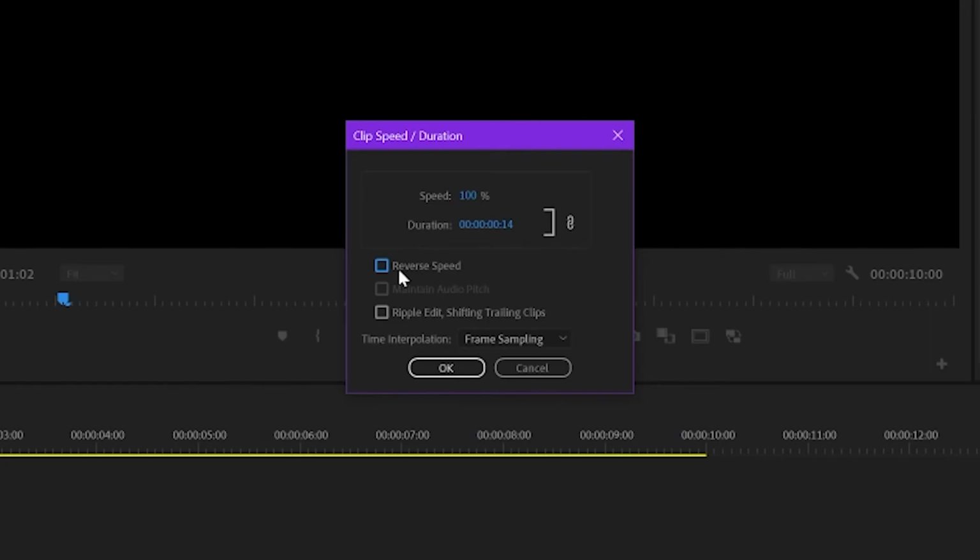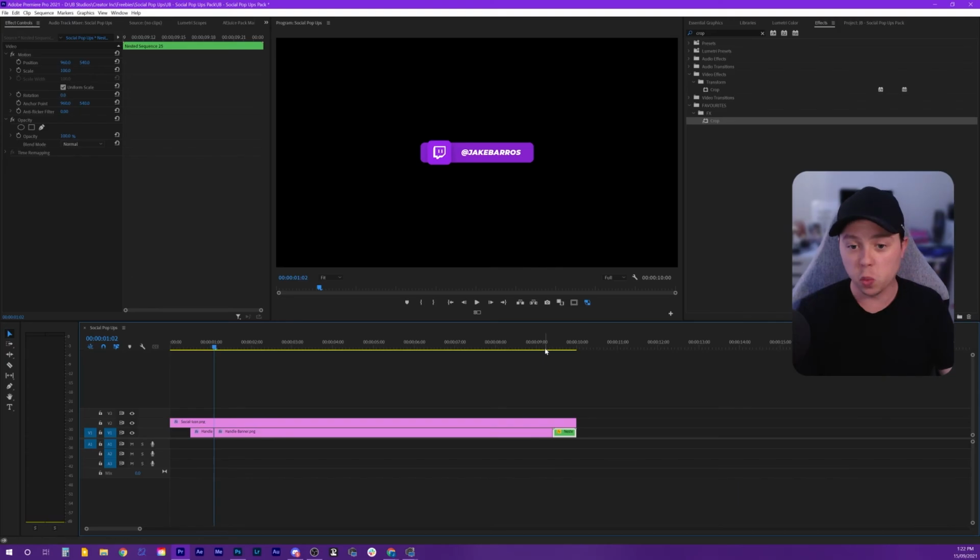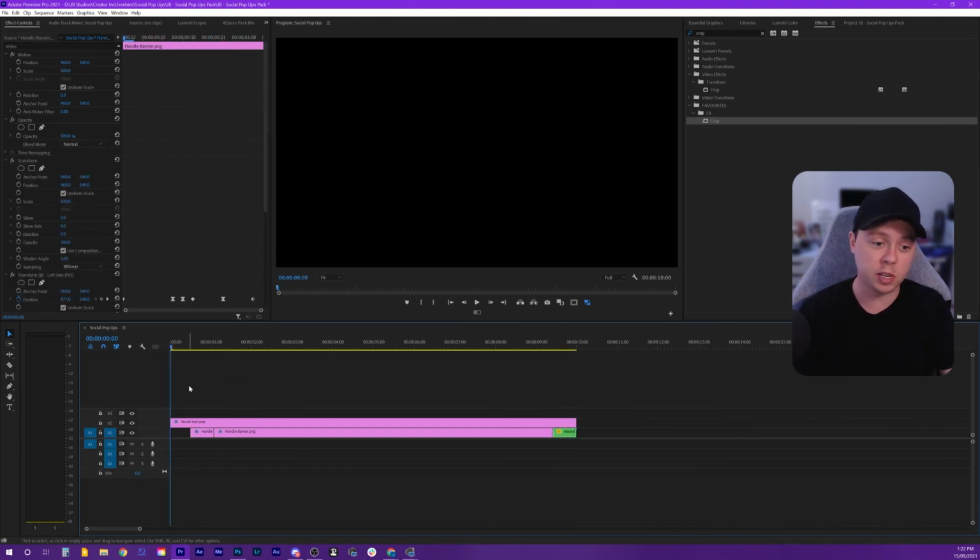I can then go ahead and choose the reverse speed option right there and hit OK. So what that's now done is reversed all those keyframes we did for the entrance and made it an exit. All we have to do now is line these two pieces up on the puzzle so the exit's a bit smoother. Simplest way to do that is just to come back to the front of your timeline here and